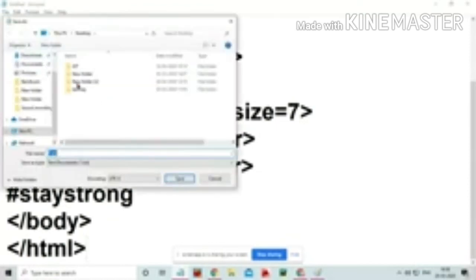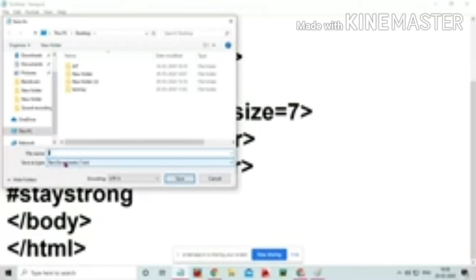Now go to File, click File and select Save. The save dialog box will open. You should choose the location of your file and type the file name. You should type the file name with the extension .html, then click Save.